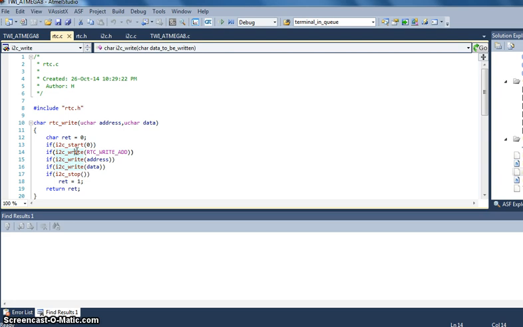If in case that slave is not in listening mode, or if the slave is not active or is faulty, then I won't receive the reply, and I will just return the error, whatever the error is. If the slave is active, then I'll receive the reply and I will transmit the address. Address is like the location where I will be writing. If the slave acknowledges that address or that particular frame, I will follow with the data, and once that is finished I will stop my I2C, so it will stop the clock and everything.